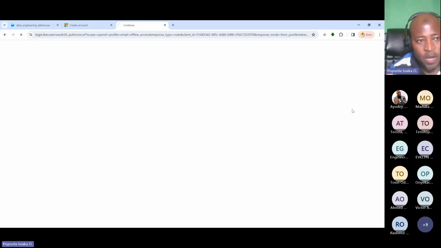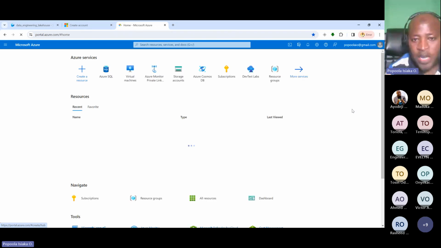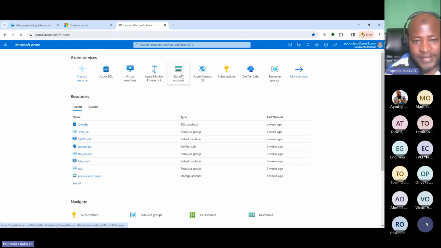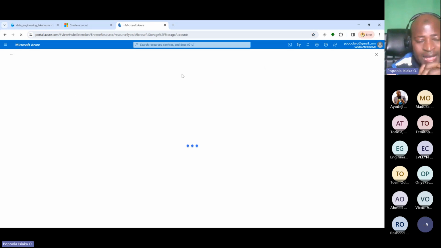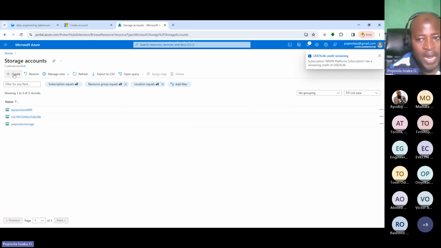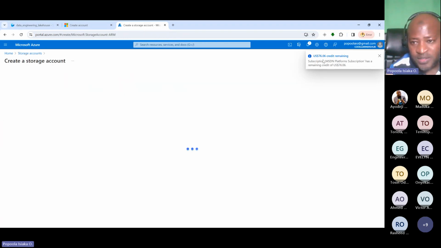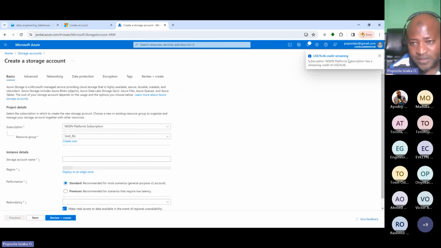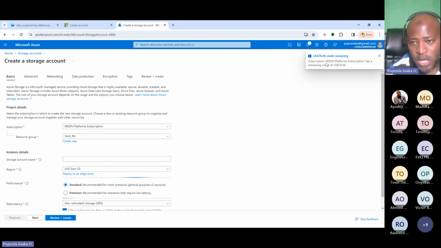This is Azure portal now, right? This is Azure portal, which is a cloud service platform by Microsoft. There's a storage account I can have access to on the portal. Let me create one, and you see now that it is not free. This is my credit balance. This platform is not free, like I mentioned about